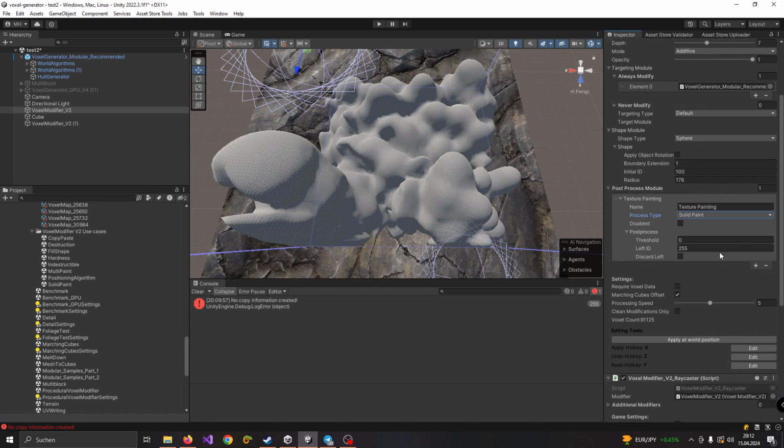There are a lot of advanced features here. For example, require voxel data, margin cubes offset, processing speed, which defines how fast they should be modified. And also clean modifications, which are important when you apply rules. But for that there will be a dedicated video regarding the advanced functionalities of the new